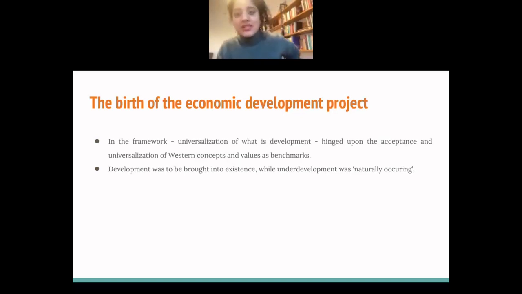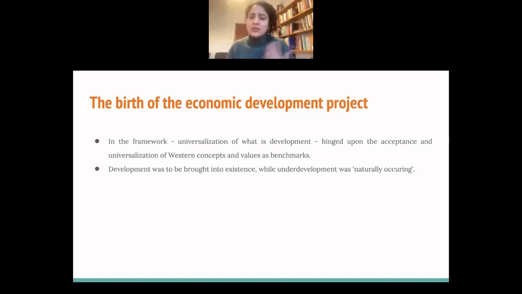However, that is where we take issue. It wasn't that only development was something that had to be actively acted upon to be brought about. Rather, even the underdevelopment in all these less developed economies, or its form, was actively brought about through processes of colonialism, racialization, and so on. So it is not that there was a naturally occurring underdeveloped, untouched world of green pastures somewhere out there,